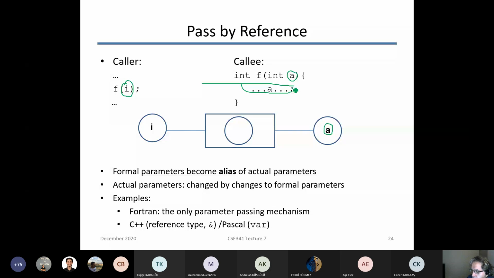I don't want it to change. I just want it to pass the value and operate on it, and then return me something. For example, if this is a function, I don't want my actual parameter I to be modified, and I don't know how it is going to be modified by your function. So this is that software engineering part of the thing, that I want to make sure that you are not messing my stuff up as far as this function is